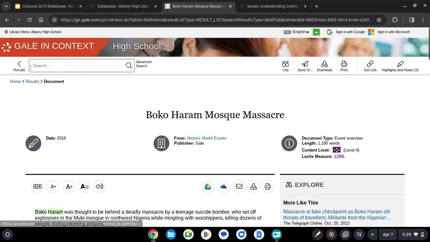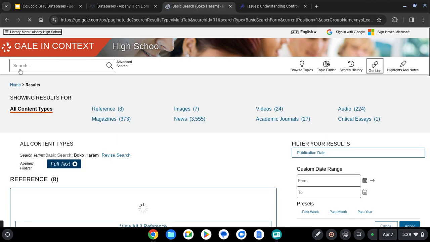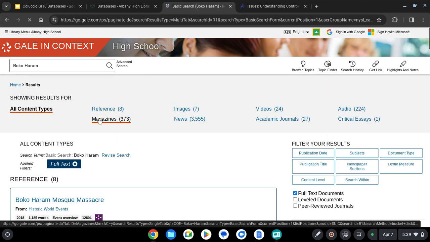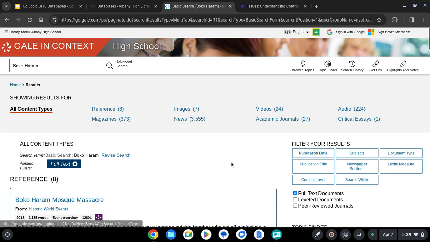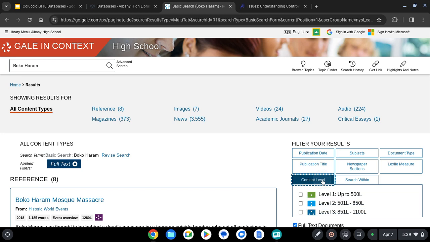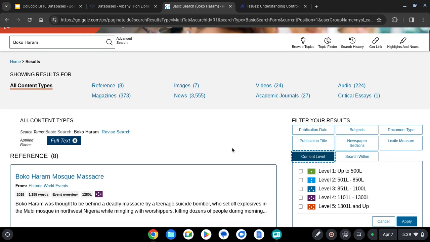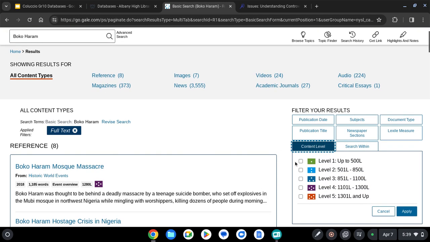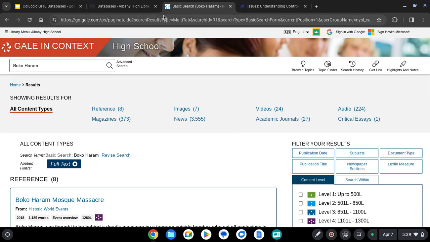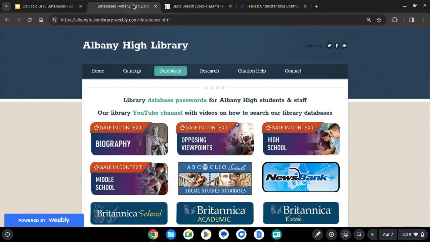So I'm going to go back a step to the results, and again, these are all the different types of articles that you need. You can also change and toggle the content level. Let's say some of the articles are way too hard or they're way too easy. You can see you could limit the results to ones that are easier or ones that are harder. It's up to you. Now, we're going to leave that open and go back to the databases one last time,